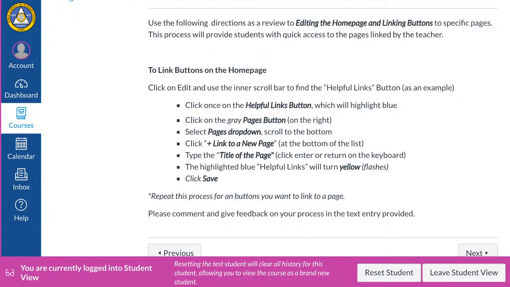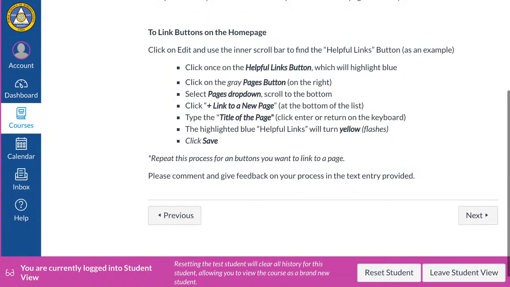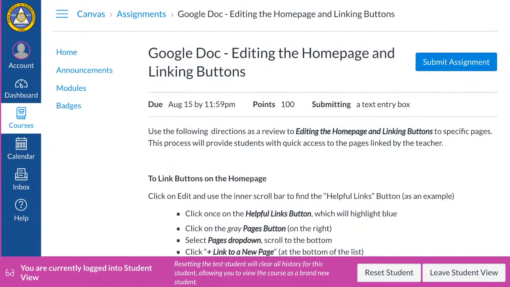So there you are. Moving to the next button is some things that may be a little familiar from beginner, if you took the beginner course, where it gives you those bulleted printable type of directions to let you know how to go about doing each of the processes. When you're done, again, at the bottom, it says, please give feedback, and it gives you that option for that text entry provided. So if you go ahead and click,